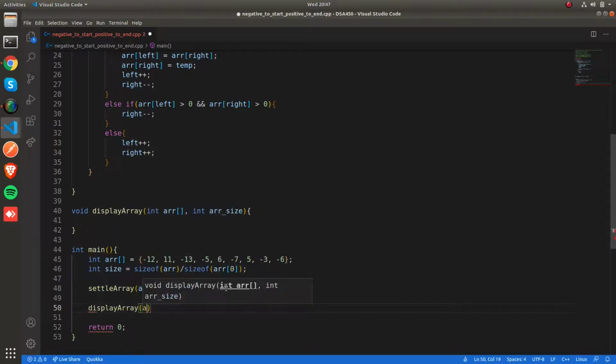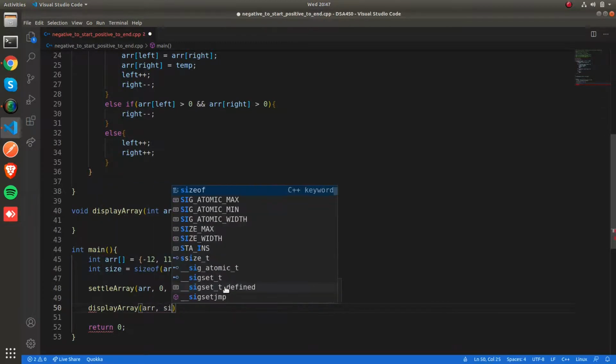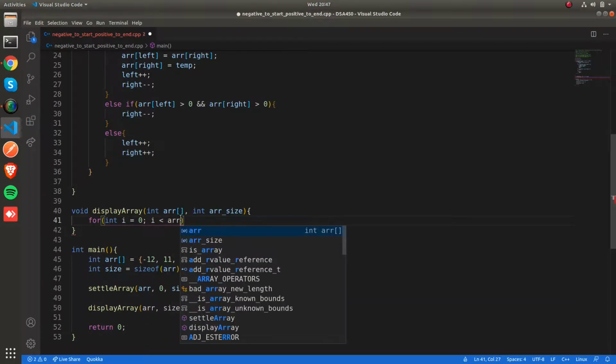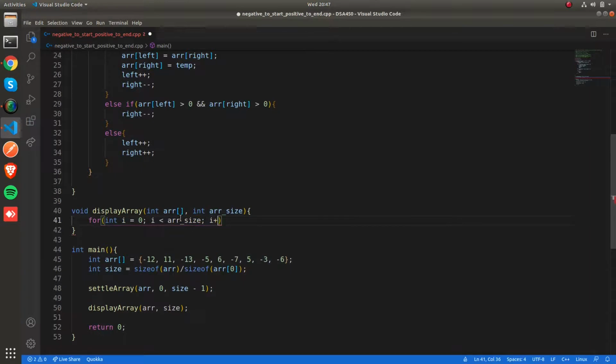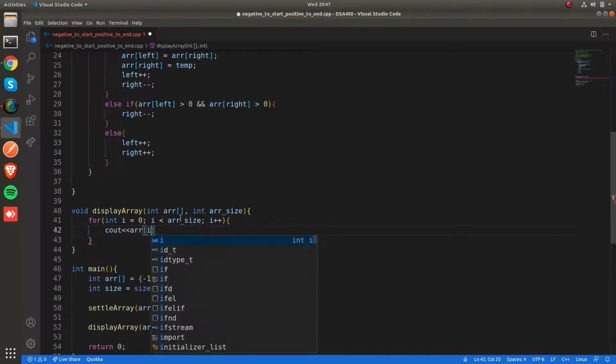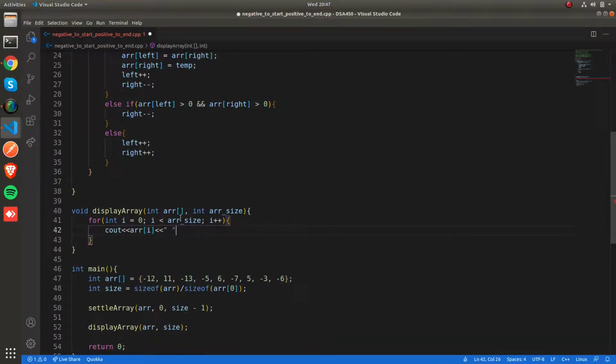For that we are going to pass the array as well as the size of the array. You can just simply print the array element, array of i, separated by a space.